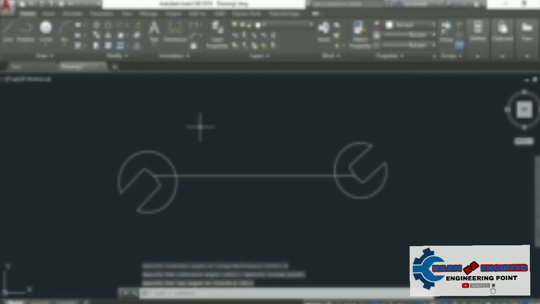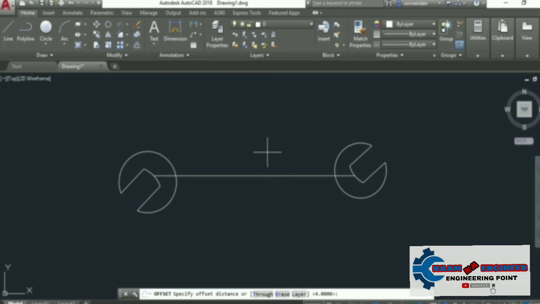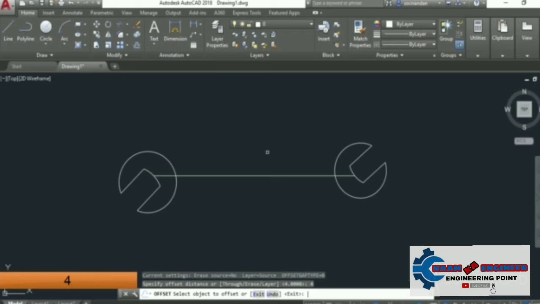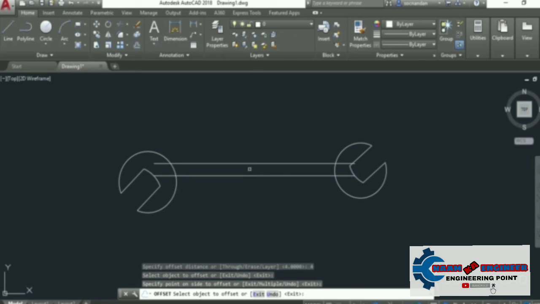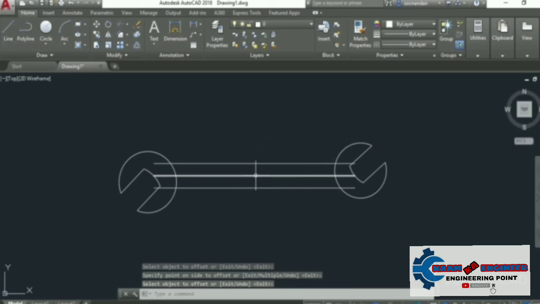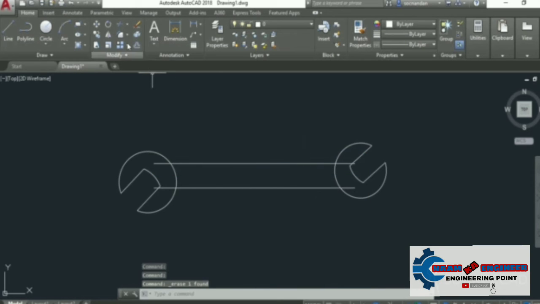Okay, now let's go to the offset tool and select the offset distance of 4 units. Press enter and click on this line, click upwards, click on this line and click in the downward direction and press enter. Now remove this line, it is no longer required, and we'll also trim a geometry. So select the trim tool, press enter and trim these 2 circles here.